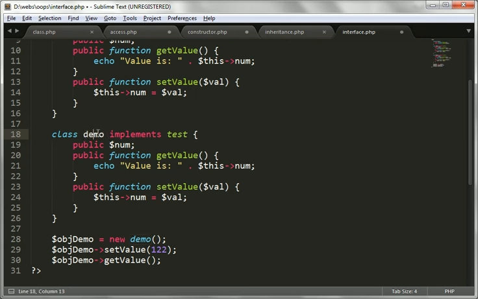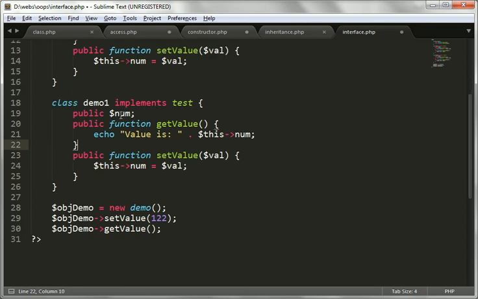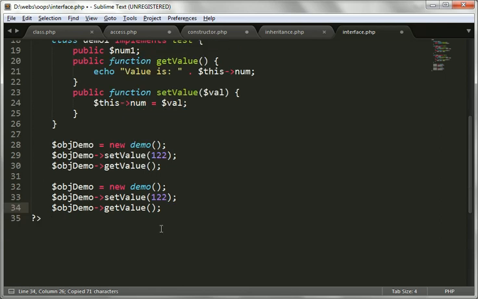Okay, demo1, and here we have num1, getValue and setValue. Same example I'm just using. Just copy this thing, paste. Here we'll pass 200 and we are going to create an object of demo1.